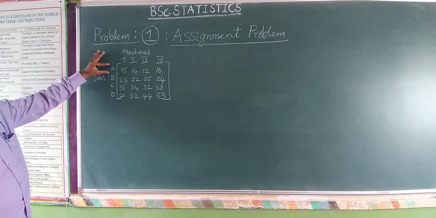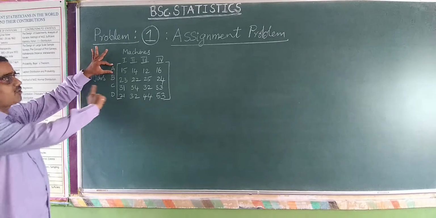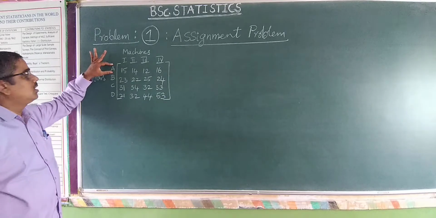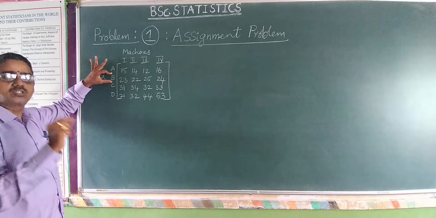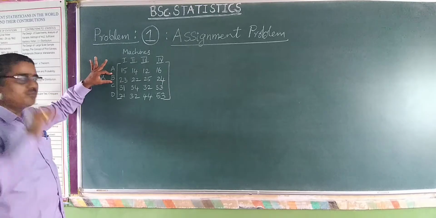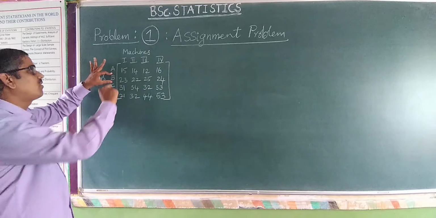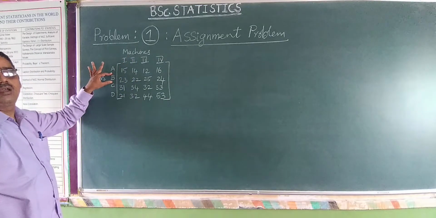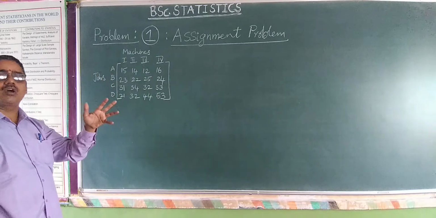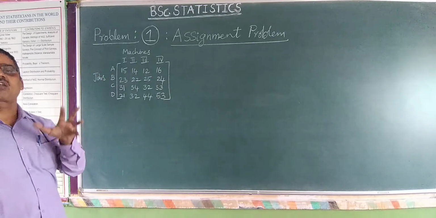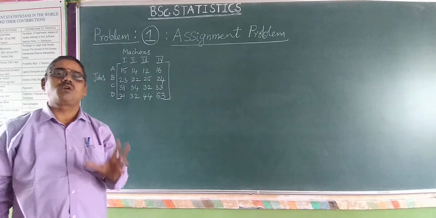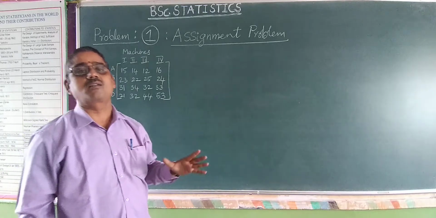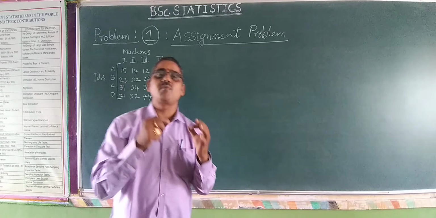For example, job A is to be performed by one mission only, either 1, 2, 3 or 4. Job B, for example, next, job means a work. Job B is going to be performed by another mission, for example mission 2 or mission 3. Mission 3 is assigned to job B. That is, only one particular mission is going to perform a particular job. One and only one operation is going to be operated by one and only one operator. This is the assignment problem.